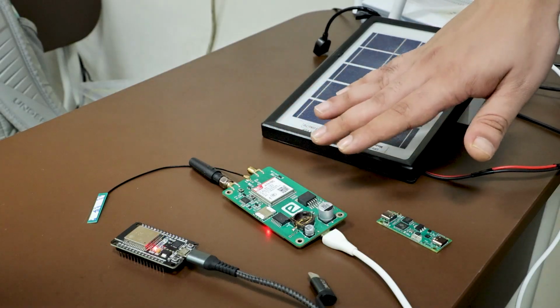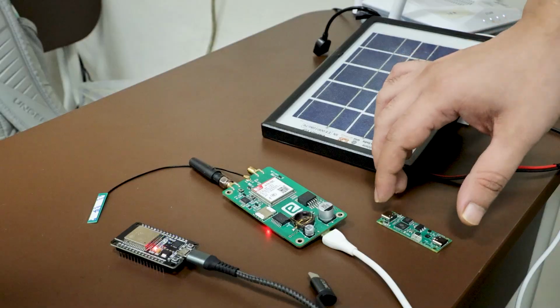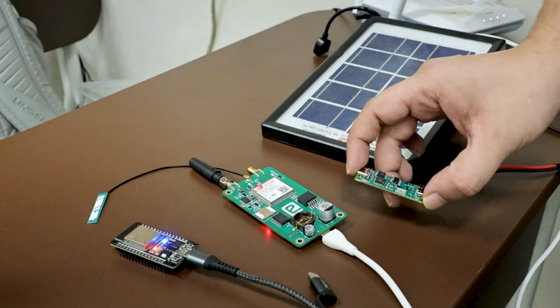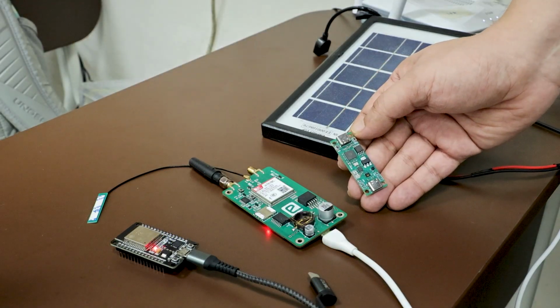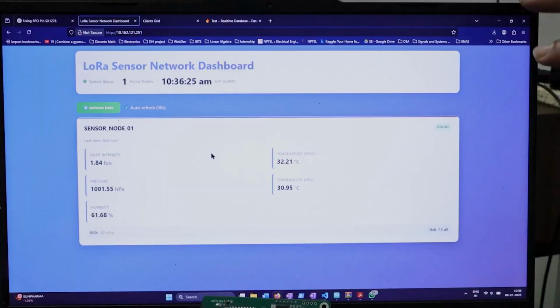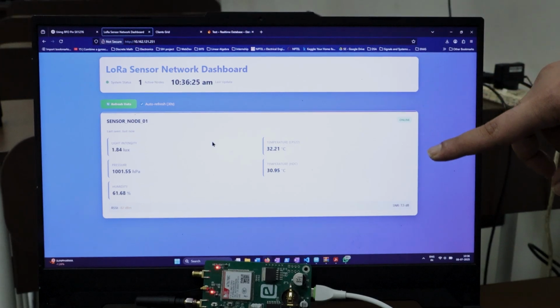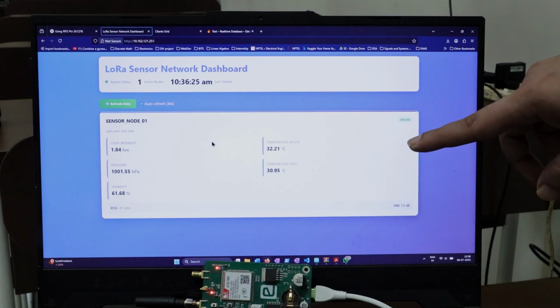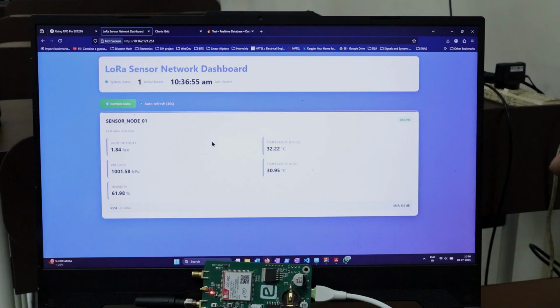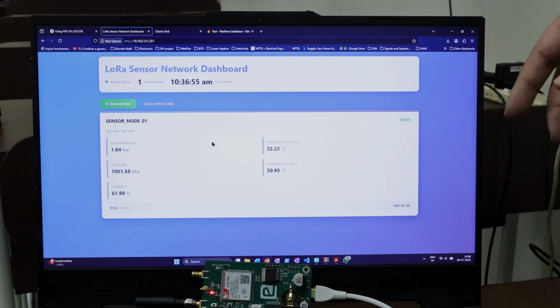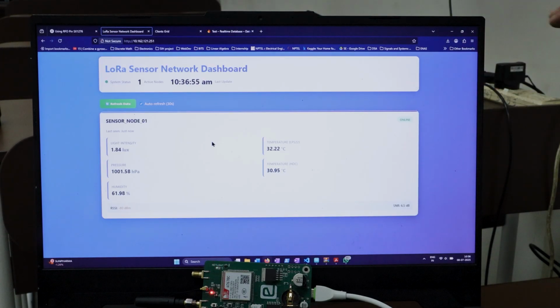This particular board is our AgriEdge board, and in companion with it, we have our mobile sense board, which has all the sensors embedded on it. There is a LoRa sensor network dashboard. The data is being refreshed. Since we have one node for now, all of the details of that node are right here. If there are multiple nodes, the boxes would be stacked onto each other, and every box would represent